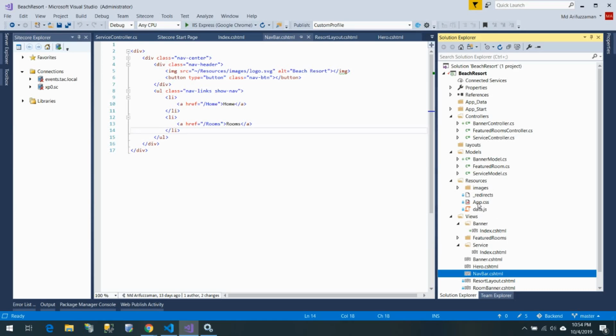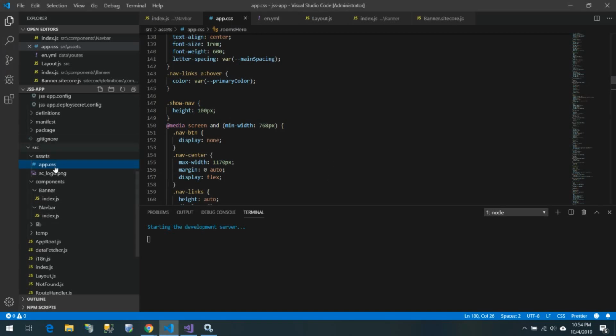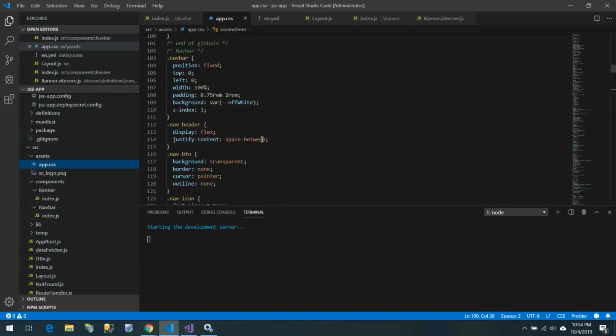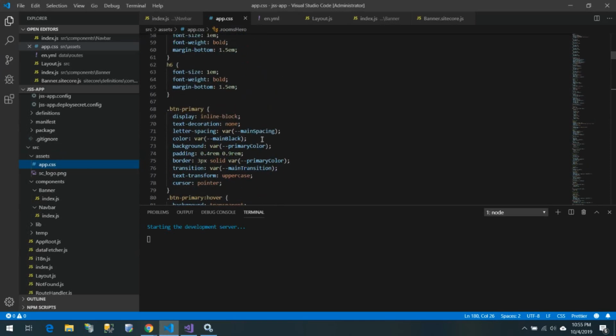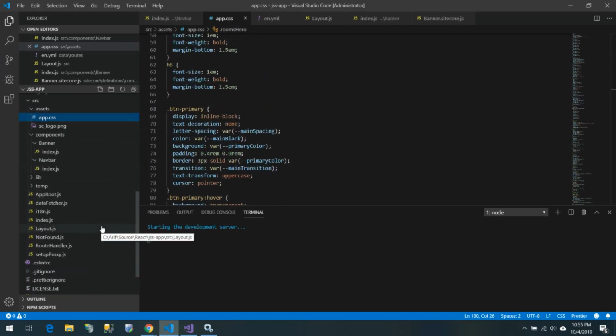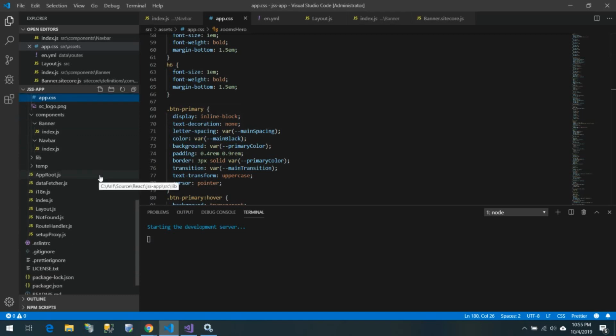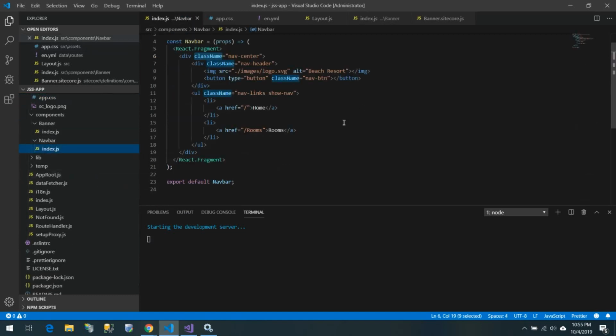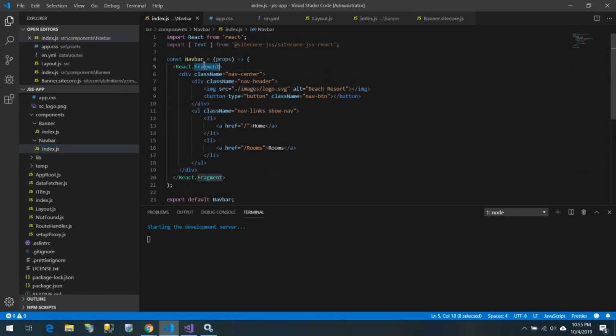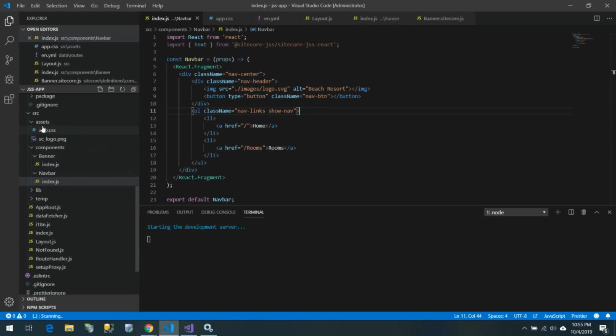In the resource folder, you have the app.css. This app.css I am also going to provide here. I copy pasted everything here in app.css. And first things first, this nav is a React fragment, a little component where I simply provided all the static HTML. And here I also copy pasted all the images and everything